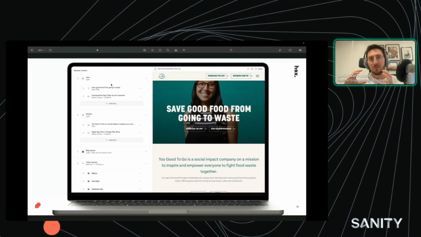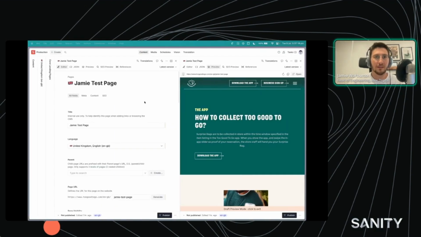Rather than building one section and saying this is the content that can go in that section and these are the fields we have, we build an outer layout, or multiple outer layouts, and then let editors choose what content is going to go into the inner section of that layout. So if we look at this in a live example,